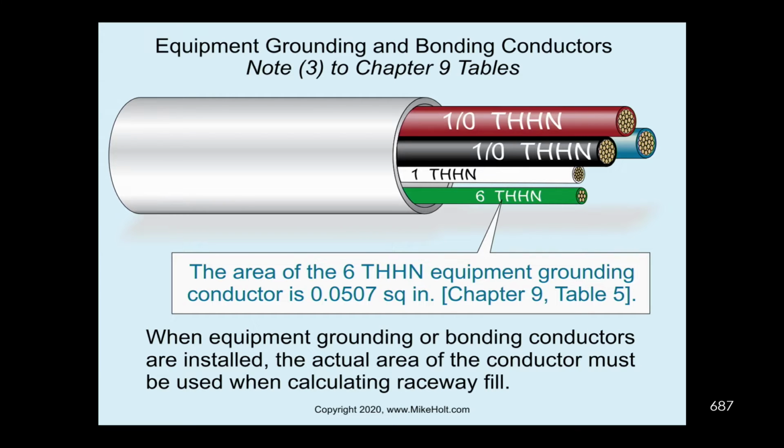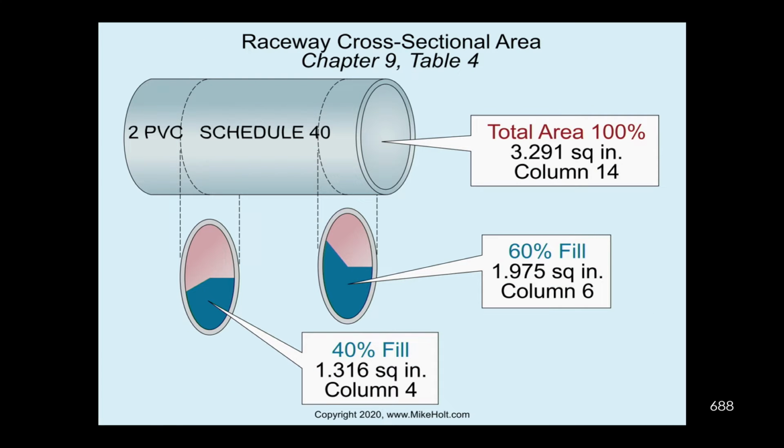But it's also down at the bottom of page 721, and that's what we need, the 1/0 there, and it's 0.01855, right? And so we would use that. We'd do that times 3, and then we'd add a number 1, and that would be 0.1562, right? And then we would add a number 6, which is going to be 0.0507. And so we'd take those, we'd add those together, and we'd come up with a total, and then we'd take